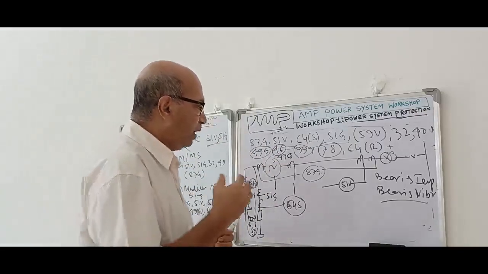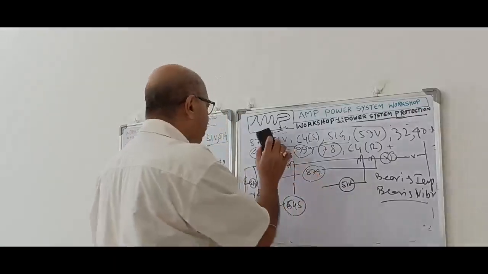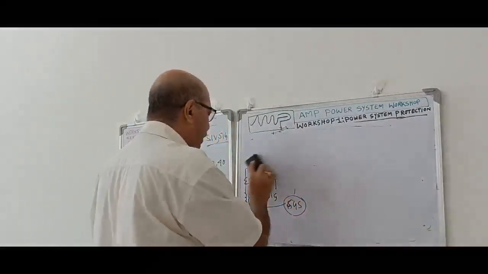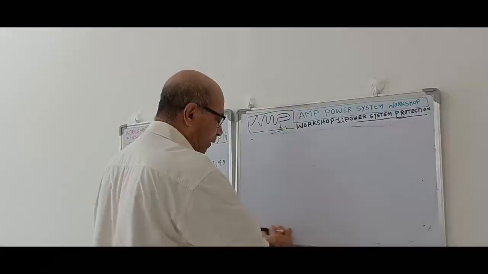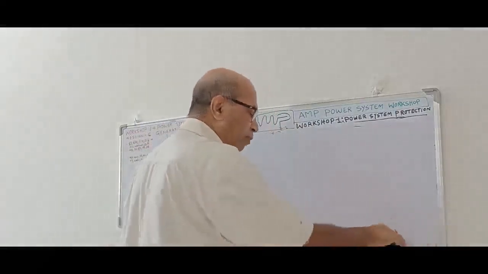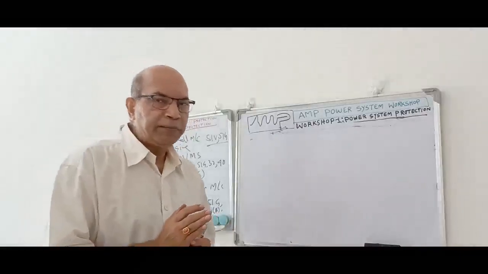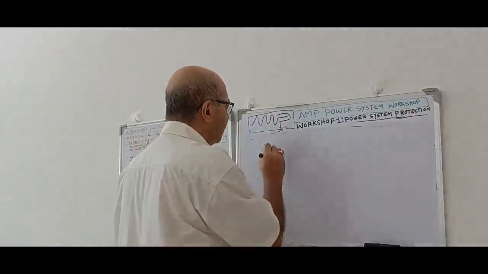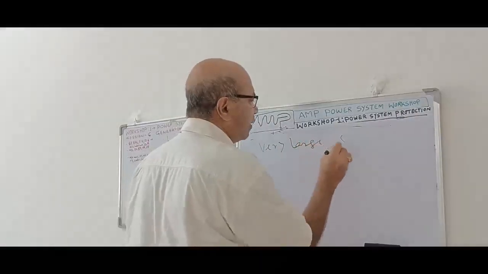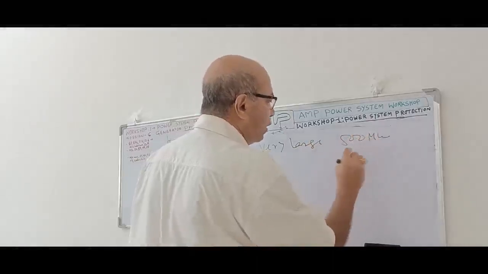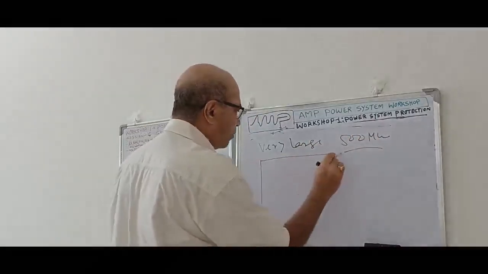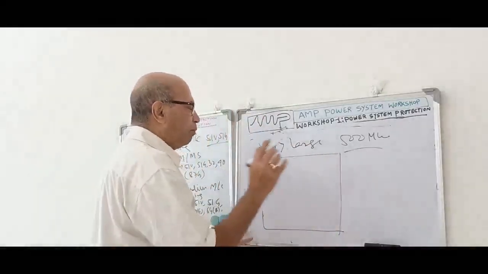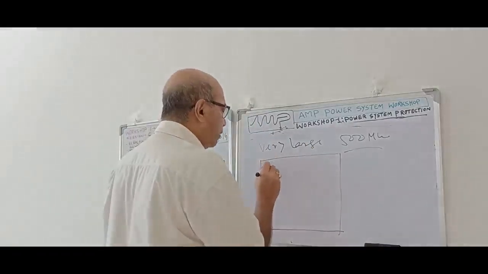Now, if the machine is very big, suppose a 500 megawatt machine, in that case what will be the protection scheme? In that case, all this protection we discussed here will be included. In case of large size machine, all this protection will be included. But the difference is for the very large size machine, suppose it is a 500 megawatt machine, we will include all the protection over here, whatever is there. This is one relay. This relay will include all the protection. That is your 87G,